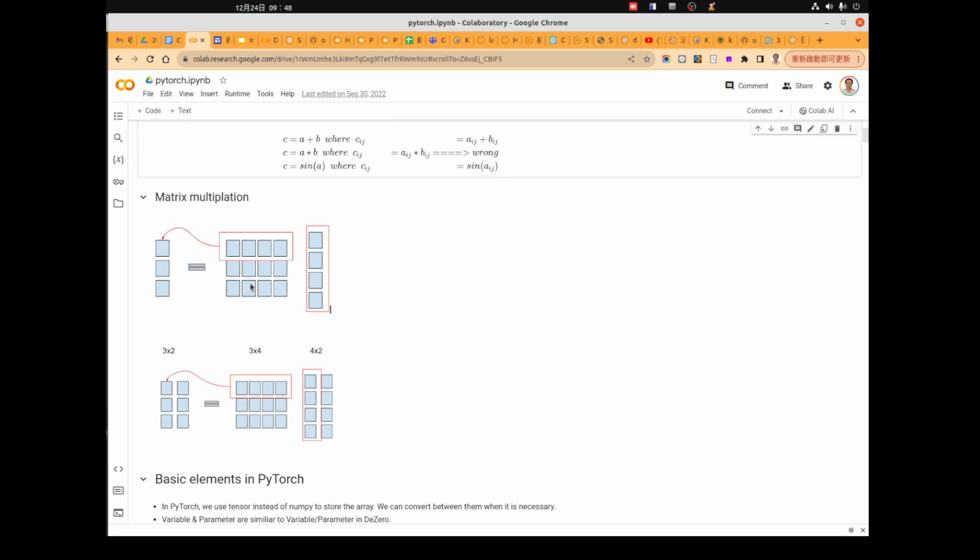But for the matrix, multiplication is different. If you still remember from your high school mathematics or the undergraduate linear algebra course, you have learned that the multiplication from a matrix to a vector works this way. For each element, we use a dot product between one row and one column.